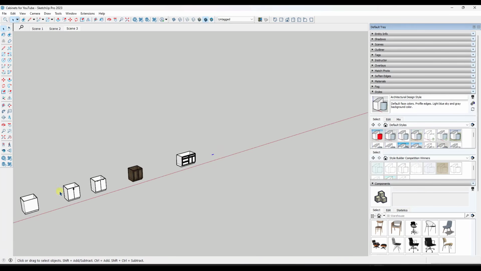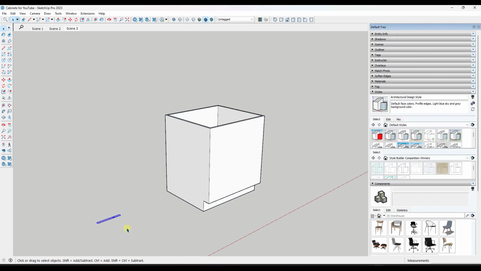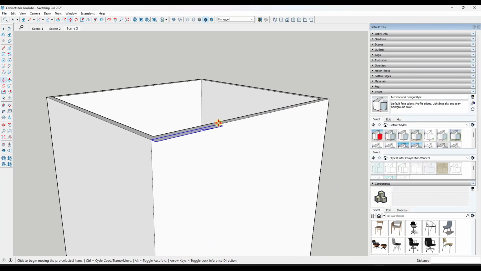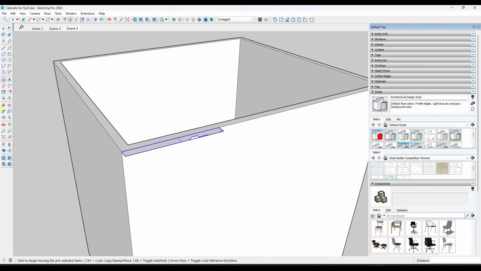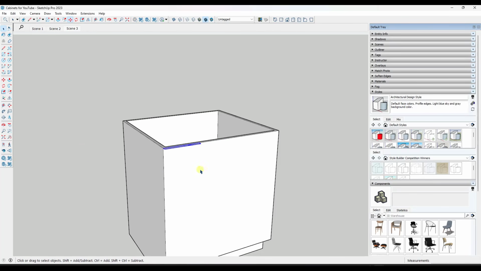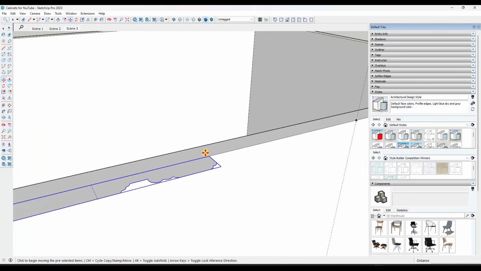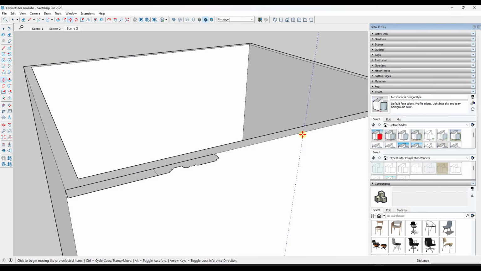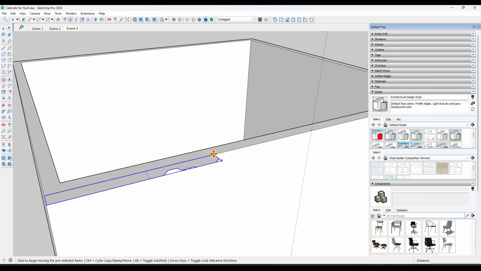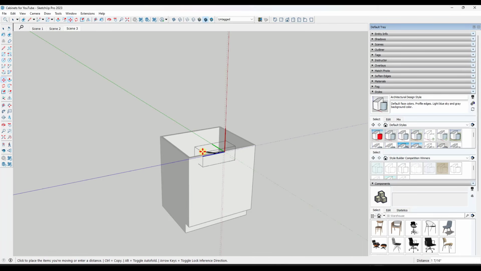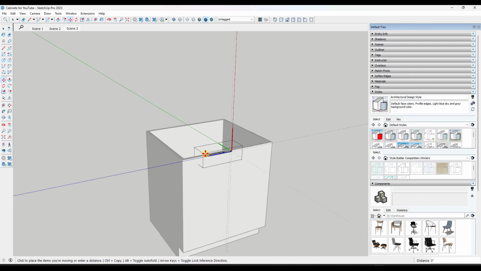And so what I'm going to do is pull a copy of this profile over here. We're going to take this object, move it, and align it. So in this case, I want my door to be this wide. I'm going to move it over a 1/16 so that I still have my space in here, but then I'm going to take the corner and align this right here. I just selected the end and I'm moving it over. I've held the shift key in order to lock it to this axis,